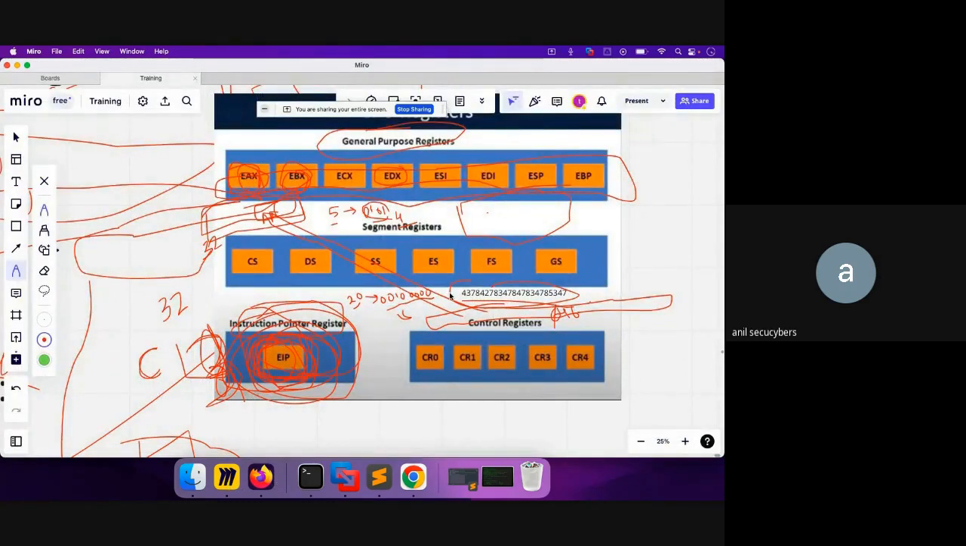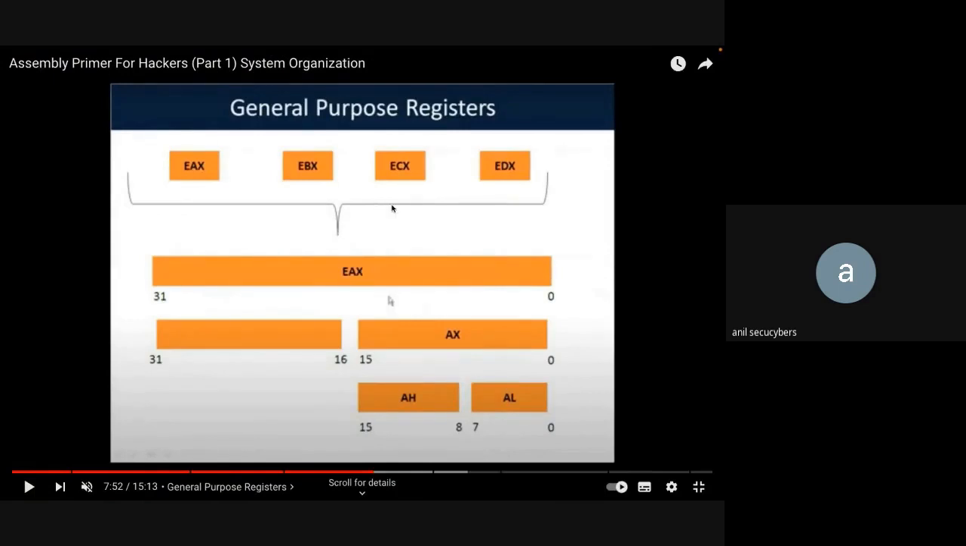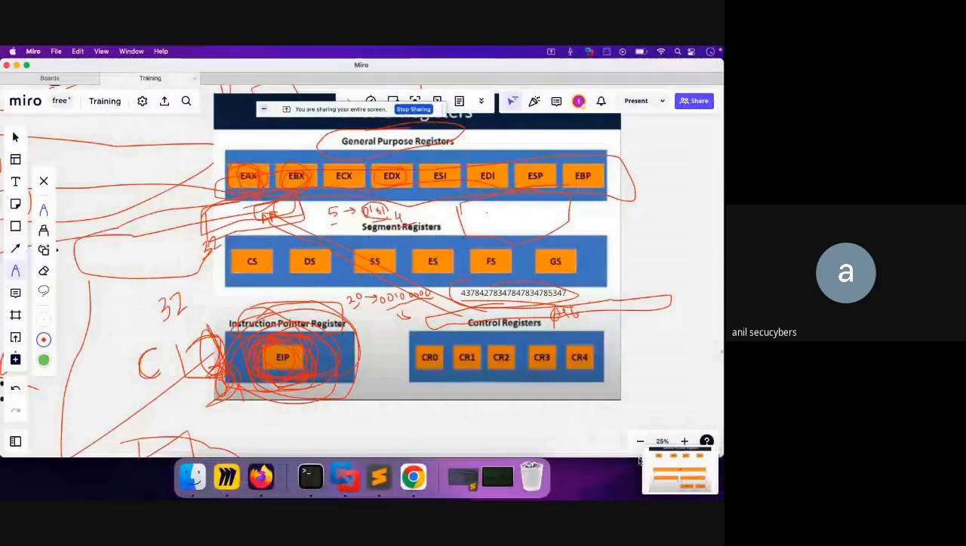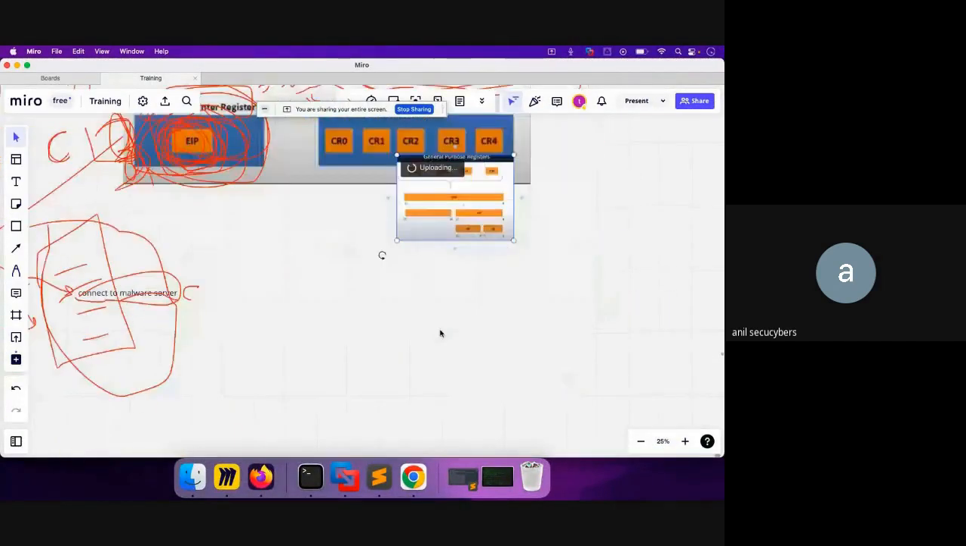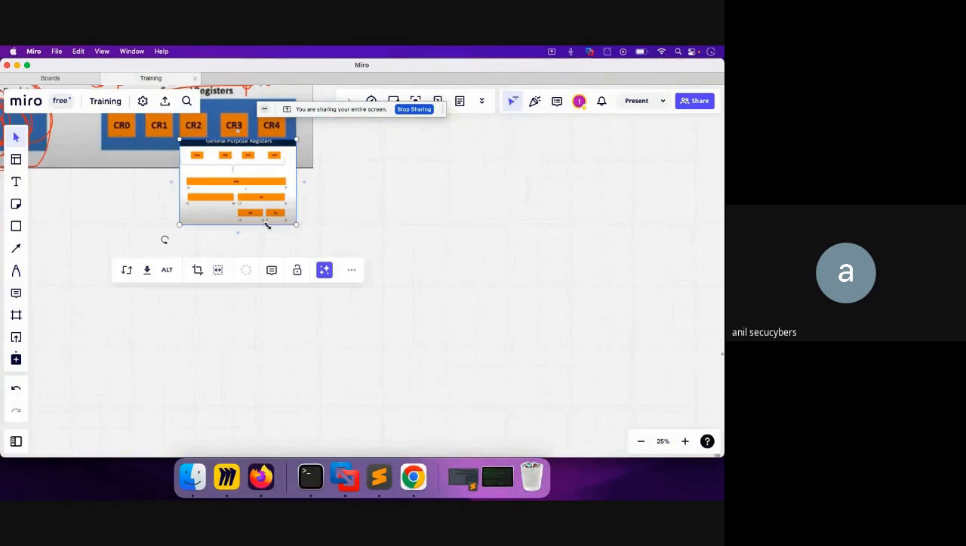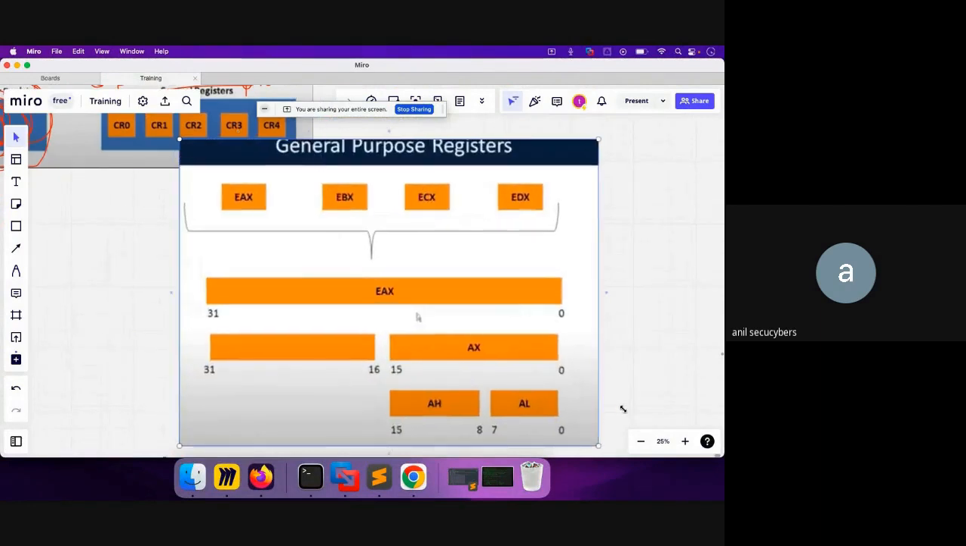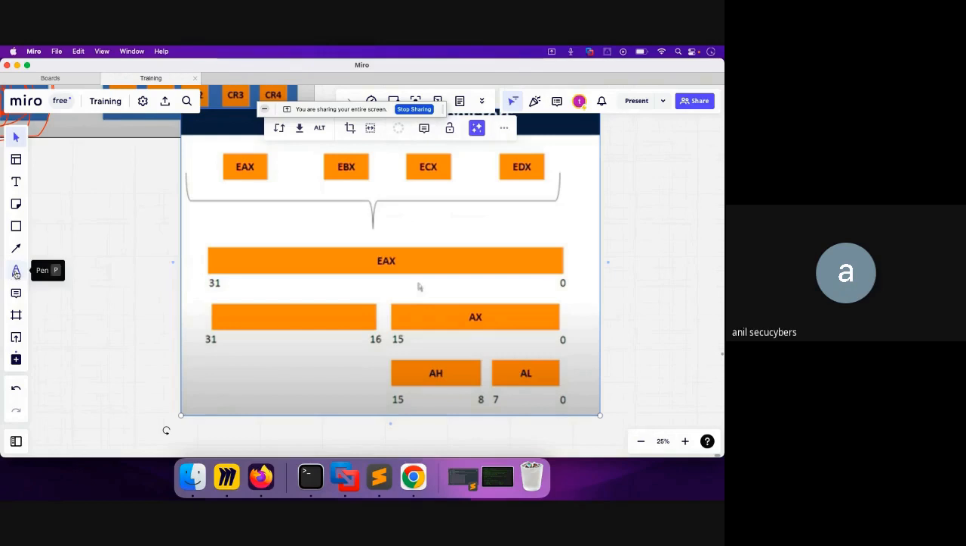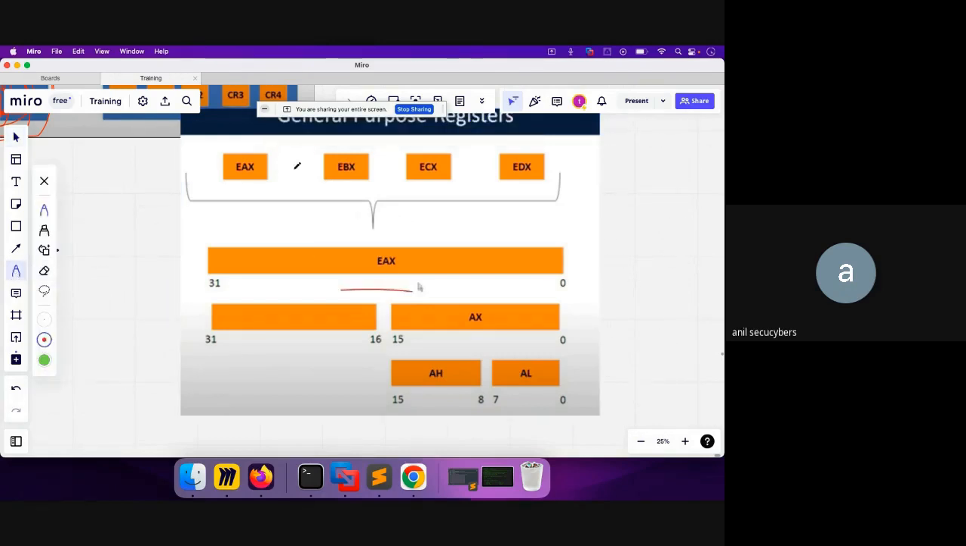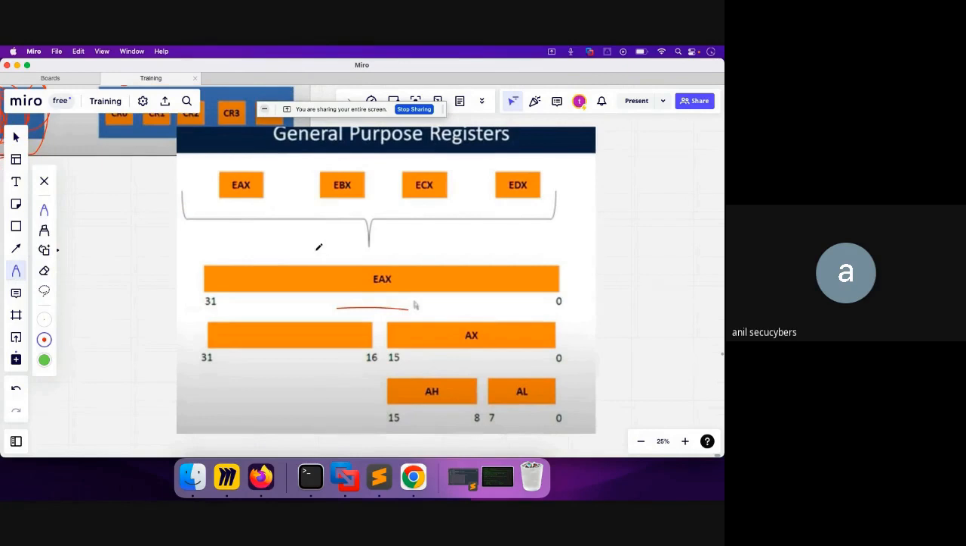So this is all about 32-bit and 64-bit. Here, let's say we are dealing with a 32-bit system. Over there, the EX register is, let's say, this one, and the EX register is 32-bit. So now the thing is, what happens when we are dealing with a 16-bit